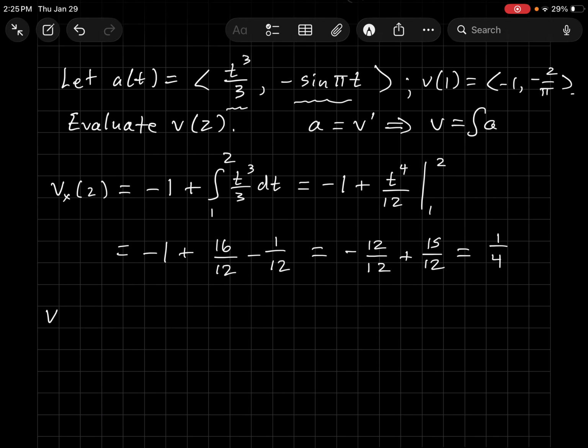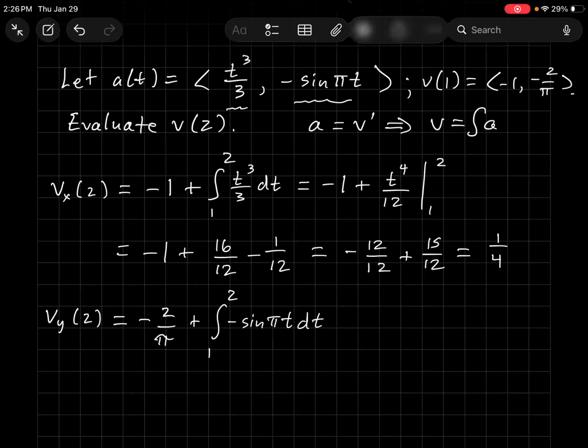How about the velocity in the y direction? The velocity in the y at 2 is my starting value, the velocity, the acceleration. No, I spoke correctly the first time. The velocity at 1, -2 over pi, plus the integral from 1 to 2 of the acceleration in the y direction,